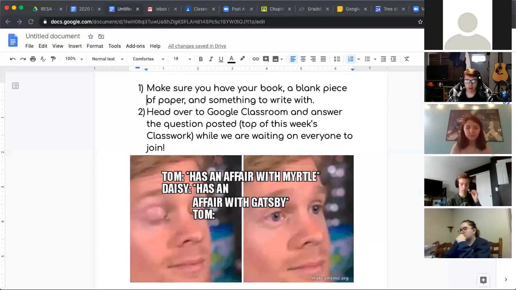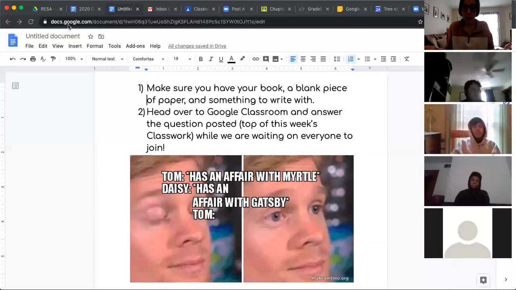Because for this, and you guys wrote about this well when you were analyzing those symbols in chapter 5, Gatsby has crafted this image in his head of how things have to go, of what his relationship with Daisy is going to look like. And we learn in chapter 6, he's even crafted his own image of who he is, right? Like he's this kid from nowhere with no money who has spurned his parents and then literally recreated an image of himself. Had huge aspirations and beliefs about who he could be that did not match with his current circumstances, and he made it happen. But he's got this romanticized view of Daisy and of their life together and of his life,